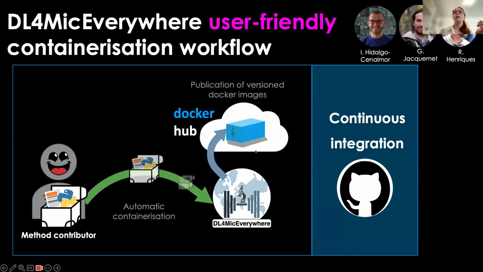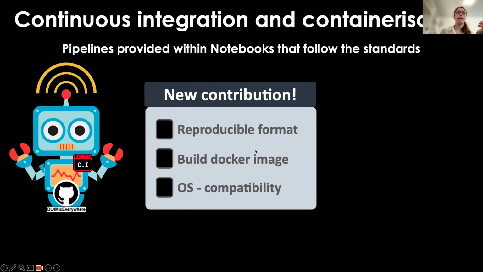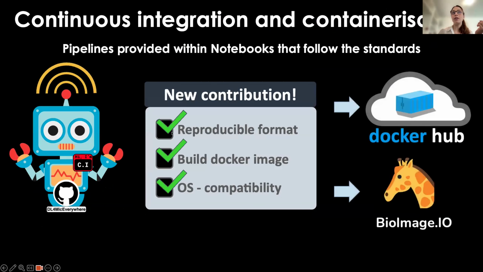So to do this, we built a continuous integration that is basically like a code in GitHub, let's say, that will check that the format of the algorithm is correct, that the Docker image can build correctly, and that this container that we build with all the requirements is compatible in Mac, Windows, and Linux. And once this is fulfilled, we will upload the image, the virtual machine, let's say, to Docker Hub, but we